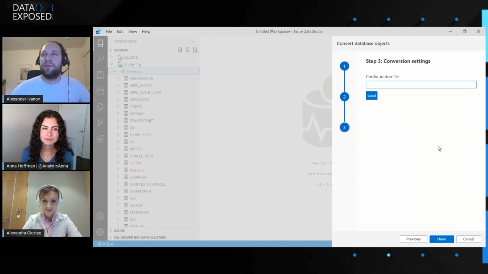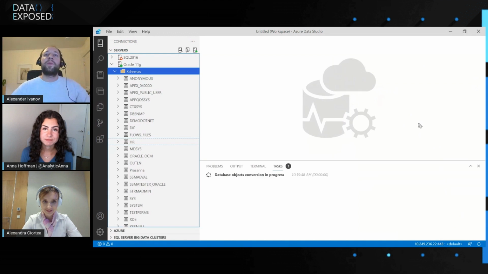And the last step is the configuration settings. We don't have a nice polished UI for that yet, but that's coming in the future, and we will cover that later after the demo. For now, we will provide you a schema of the configuration file, and you can tweak some of the conversion settings if you have to. For the sake of the demo, I don't need to tweak anything because our defaults are that good.